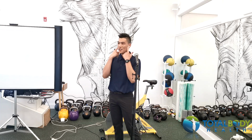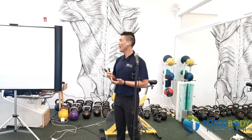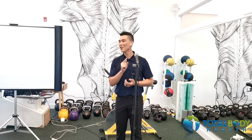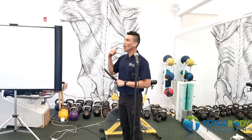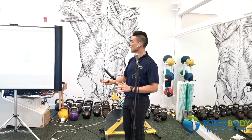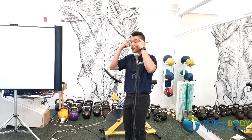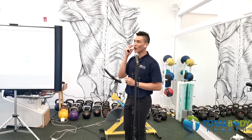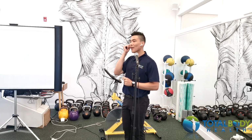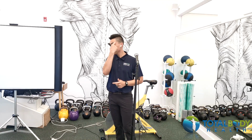And finally, jaw tension. I am a jaw clencher by nature. I do it in my sleep, and I definitely do it when I climb on my way here to work. The one thing I didn't realize was I forgot to tell myself, stop clenching your jaw. You're done with the climb. You're going downhill. Relax. What the jaw tension can contribute to is the headaches along this region here, the temples. As we clench down hard on our masseter muscles, it can create overactivation or a mild spasm, which can then refer into a headache pattern,